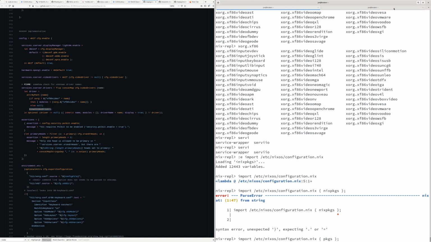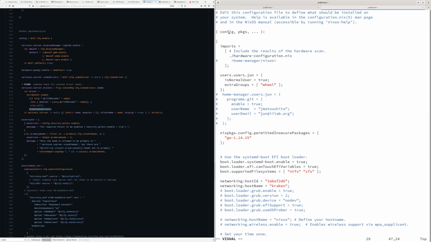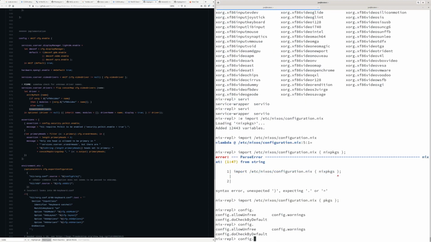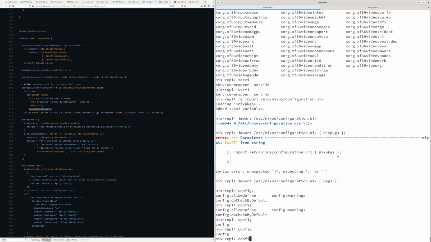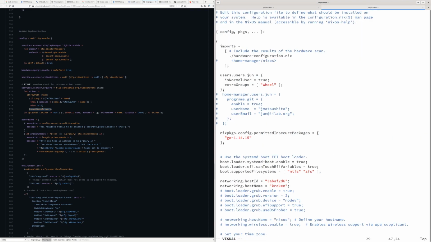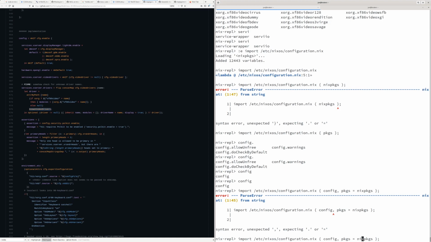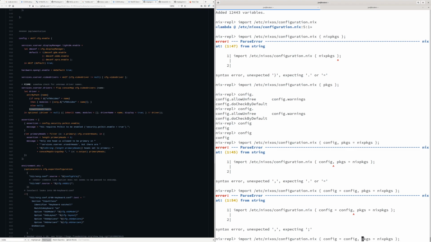What does it take? What does the NixOS configuration take? It takes config. So hold on, maybe it's config. What's in config? Ah, right. Okay, so it takes config equals config. Don't know if we need to do that in that case, probably not. And it takes packages, and packages equals Nix packages. Don't know if we can pin things like this. Yeah, no, we can't. Equals config, and there's no comma,